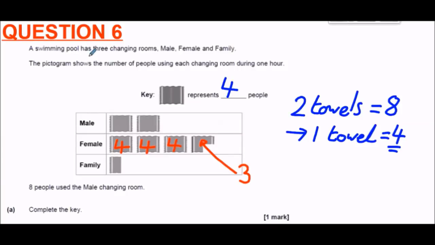First of all, swimming pools can be busy. If you look here, she's only got data for 8 men, 15 women and 2 families, so it's not a very big sample of people she's using. Also as well, she's only recording this data for 1 hour. And so there's 2 main things you can say, and all you need to do is just say one of them. So one thing I'd suggest you might want to say is that